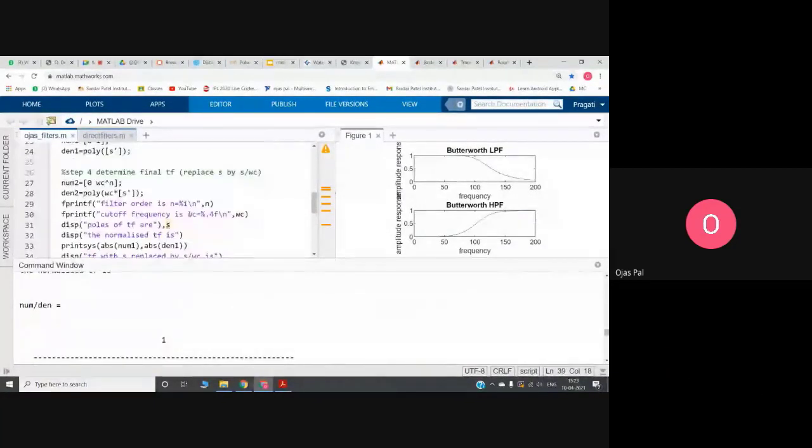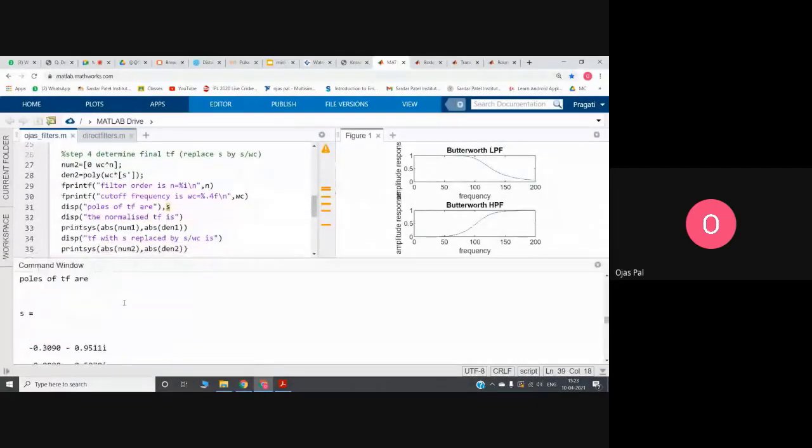Yes, the filter order which we calculated in this question is 5. The cutoff frequency calculated is 114.476, and the poles are these. As you can see, as the order is 5, there are 5 poles, and these are the complex conjugates of each other with -1 being this.